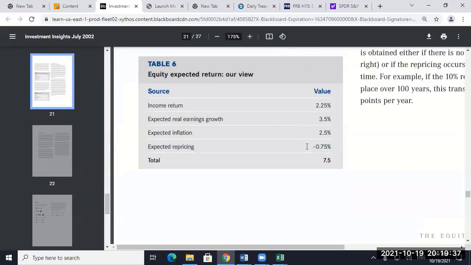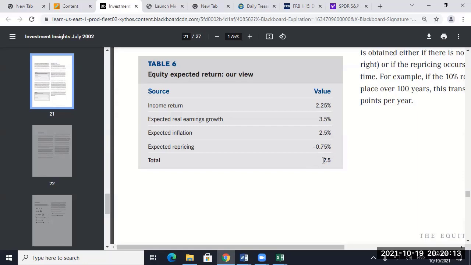They then say the stock market's overvalued, so we're going to subtract 75 basis points. And they say the expected return on stocks is 7.5%. I think that's absolutely bogus. Right? So if you use a 7.5% as your discount rate instead of 8.25, right? They say 8.25 is what the market should give you, but we think the market's overpriced. If you use a 7.50 instead of 8.25, what's that going to do to your valuations? It's going to give you a higher valuation, lower valuation. If you use a lower discount rate, the valuations will be higher.